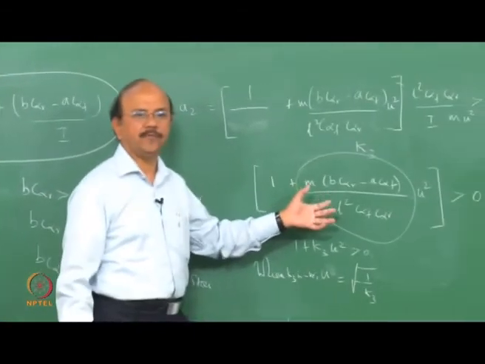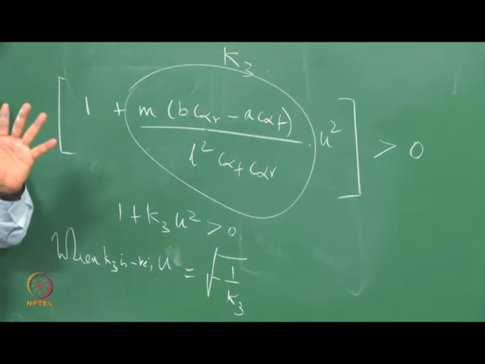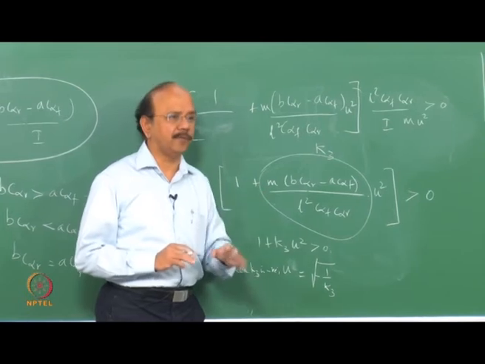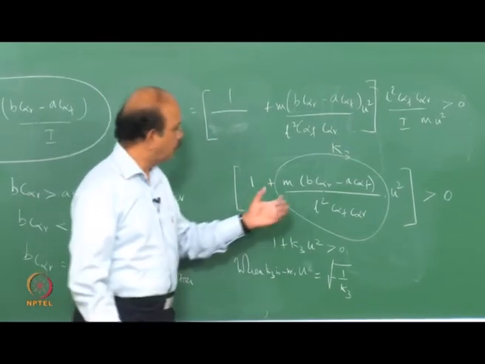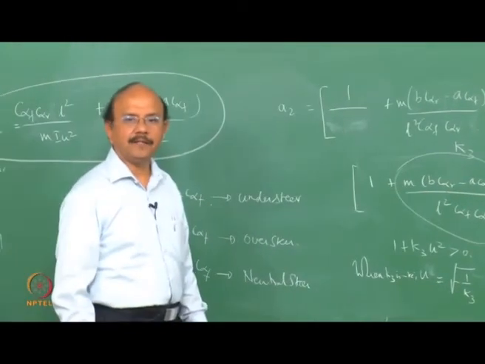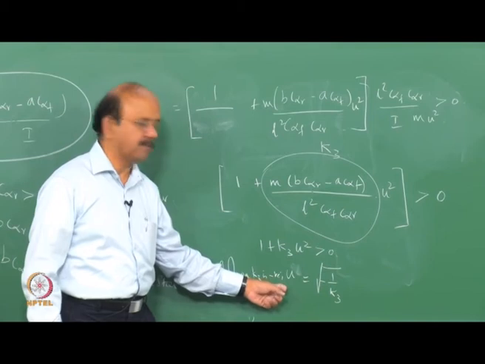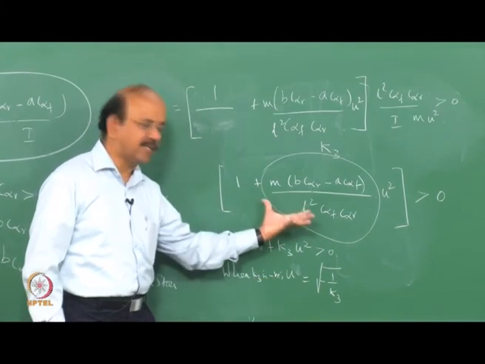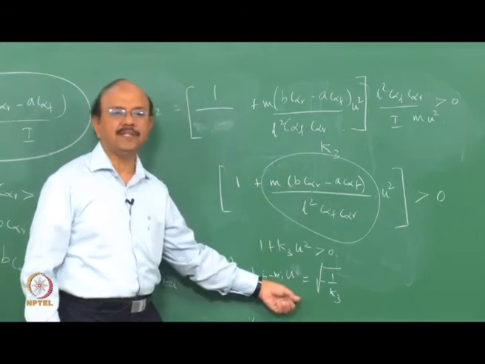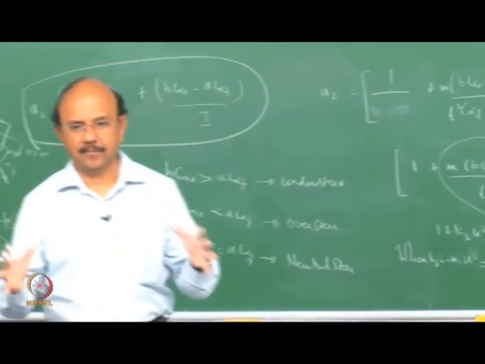When the vehicle is an oversteered vehicle, K3 becomes negative. Immediately it doesn't become unstable. K3 becomes negative. I have not yet defined why I am calling this understeer, oversteer. That we will come to in a minute. That plus K into u squared simply means that the oversteered vehicle has a velocity at which this third term becomes negative, and that velocity is called the critical velocity, above which the vehicle is going to be unstable.